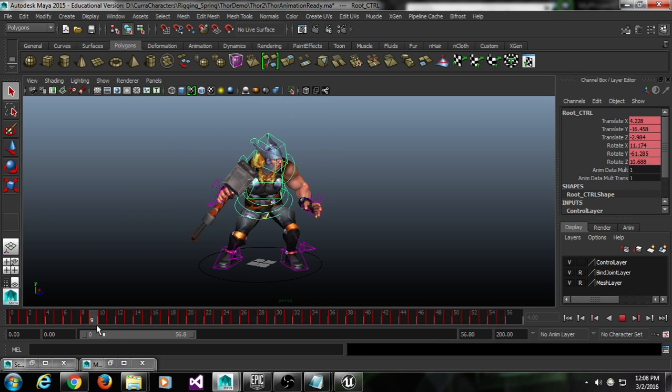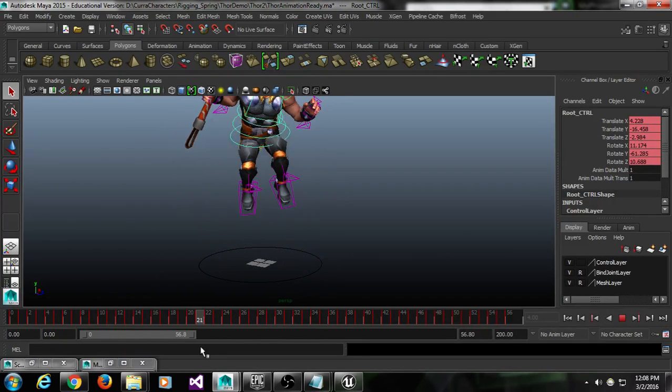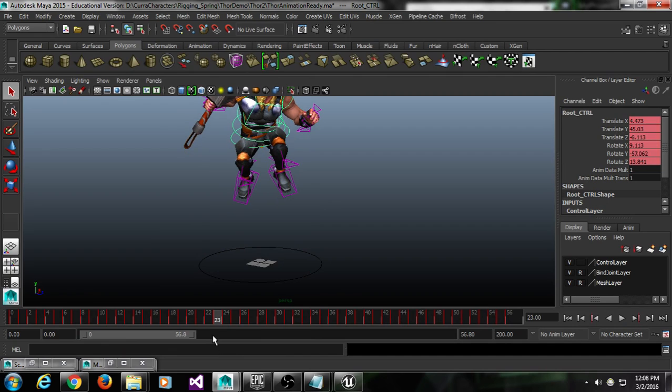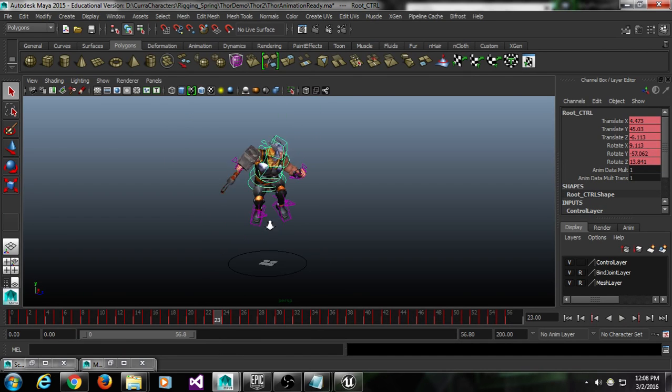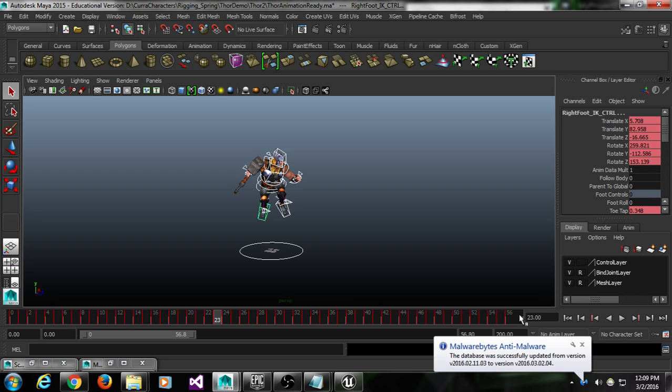So we'll start it at frame 10 and then he'll jump up, and we need him to jump up and hit the height of his pose at frame 23. So we need to select all the controls on Thor and delete everything before 10 and delete everything after frame